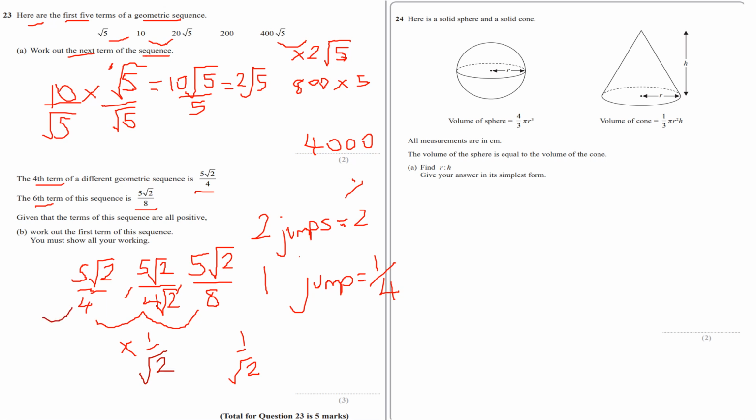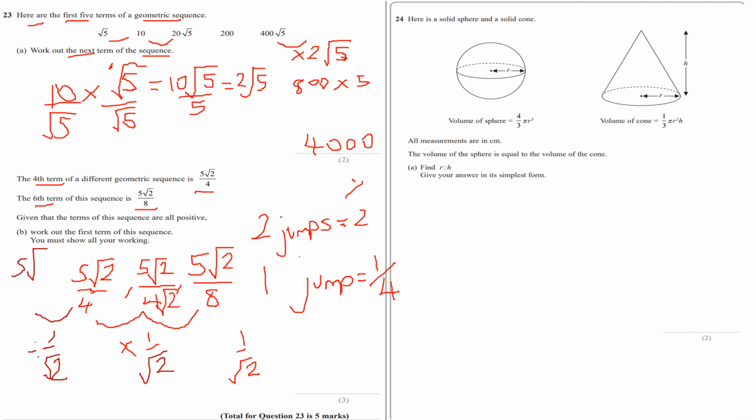So I'm going to divide this by 1 over root 2. So I'm essentially going to be multiplying by root 2 because I'm going backwards. But the issue here, guys, is the numerator hasn't changed though. And if I divide it by 1 over root 2,